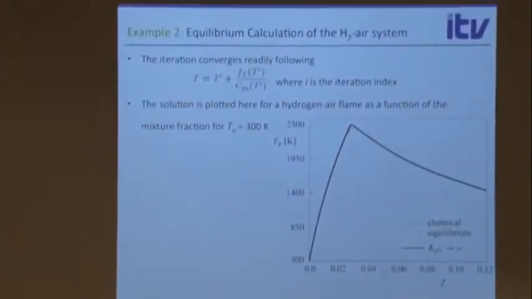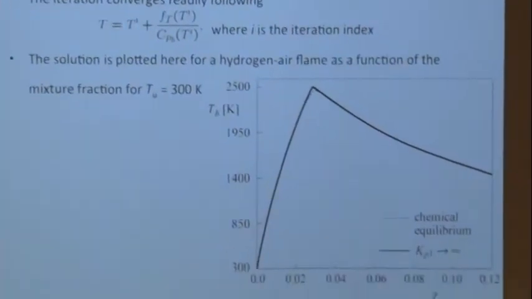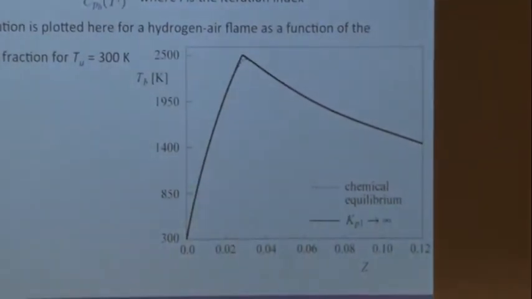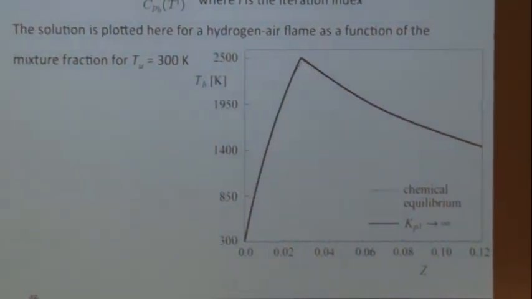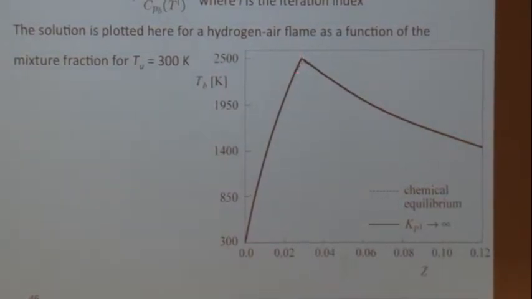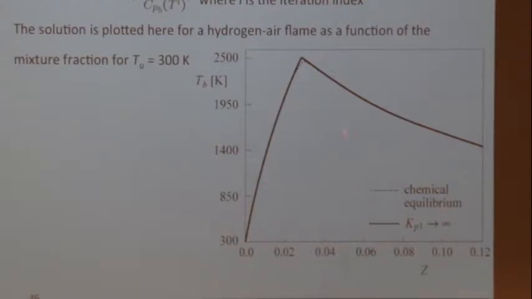So it's complete conversion. Okay? This shows for hydrogen the difference between equilibrium and complete conversion. And you see, this is not very much. That's what I said earlier. Complete conversion is actually not a bad assumption. Temperature is a little higher here, as you see, than in chemical equilibrium. But it's only around stoichiometric where